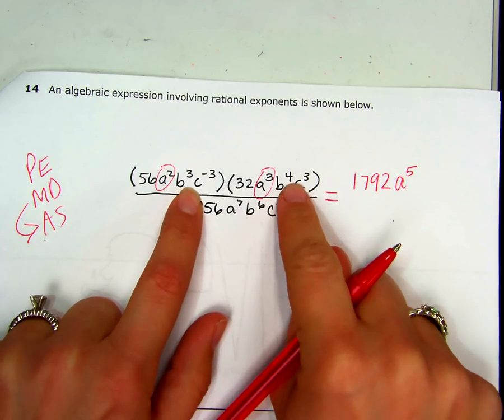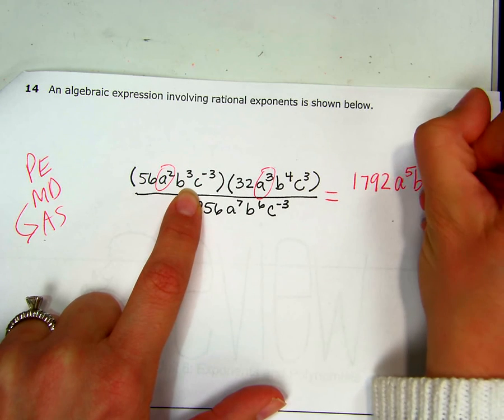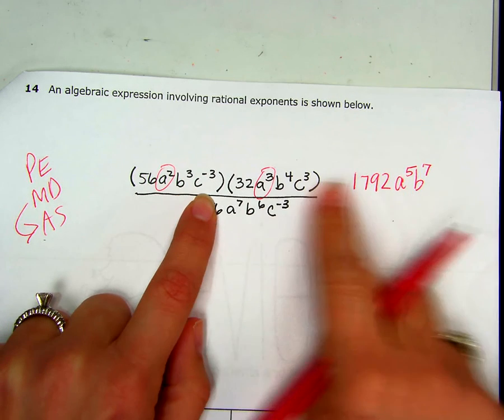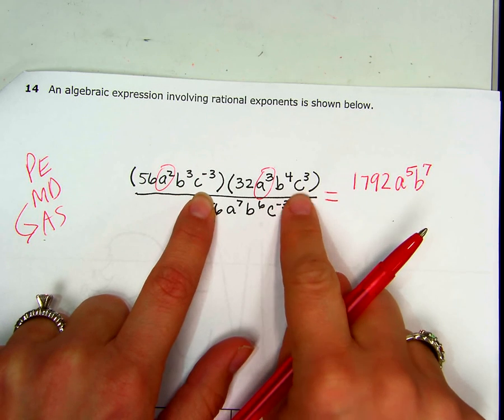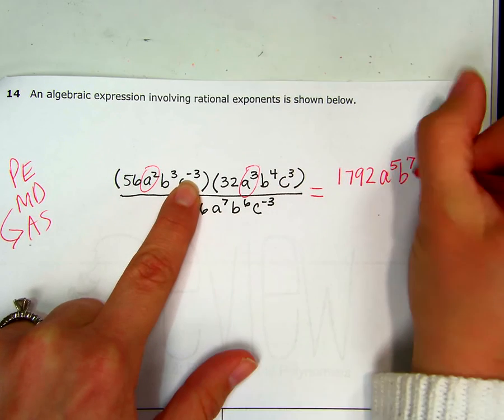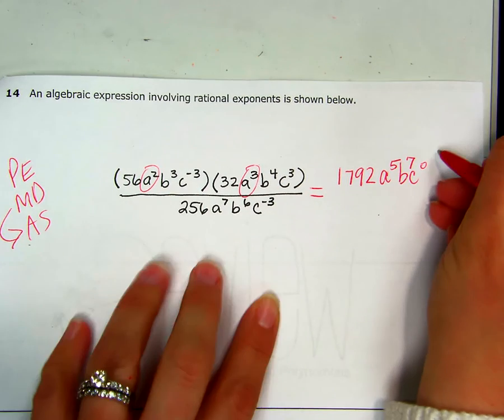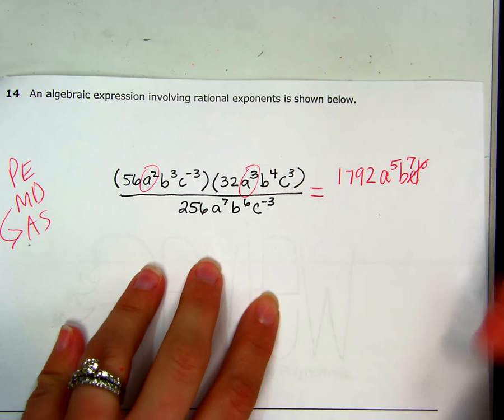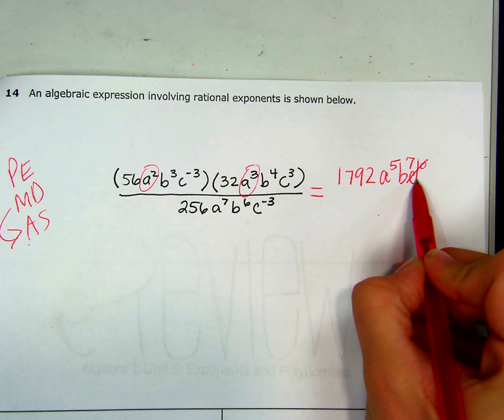b's, b to the third and b to the fourth, is going to make b to the seventh. c to the negative 3 and c to the 3. Well, negative 3 plus 3 is 0. And anything to the 0 power is 1. So that c is gone. It turned into a 1. Okay, so we have that over